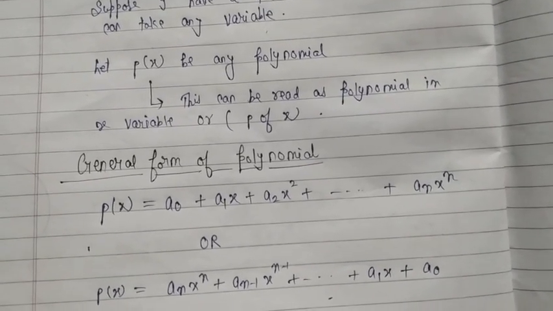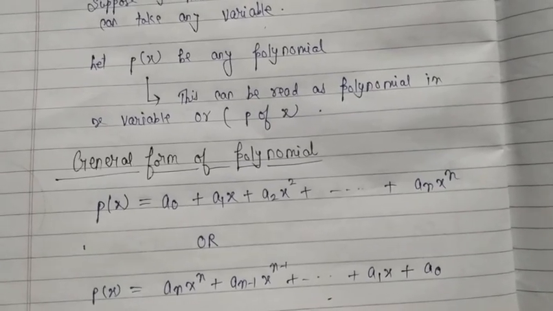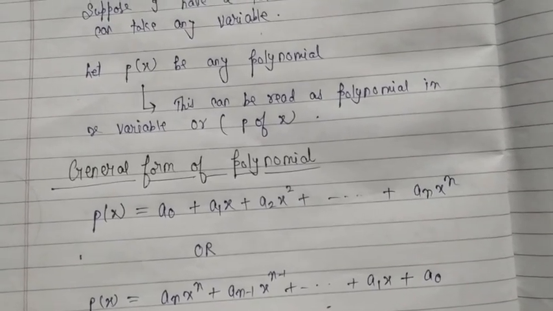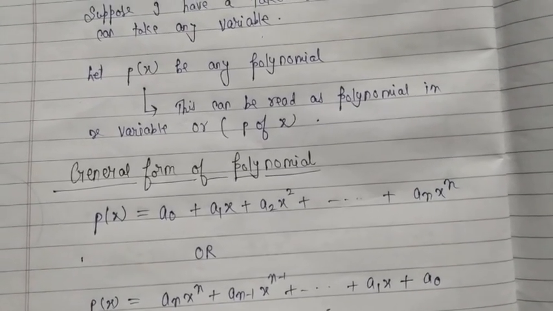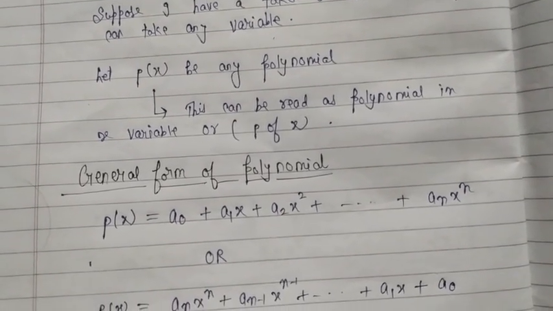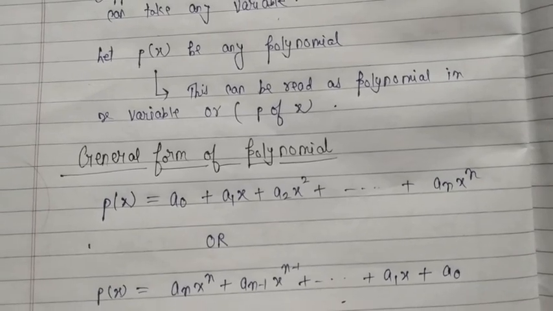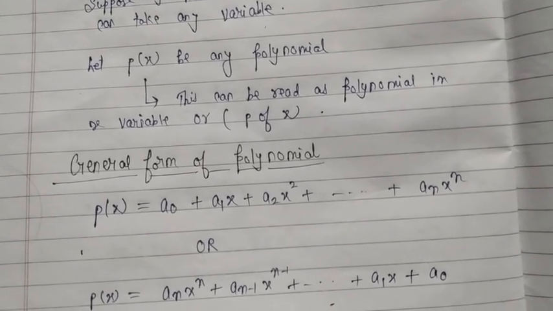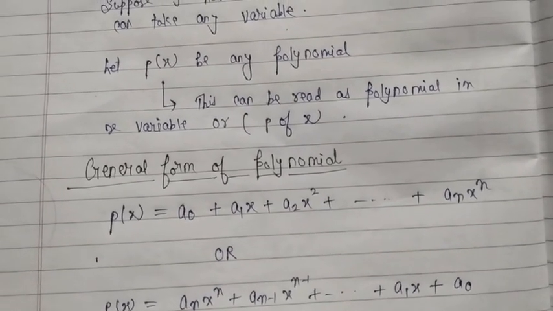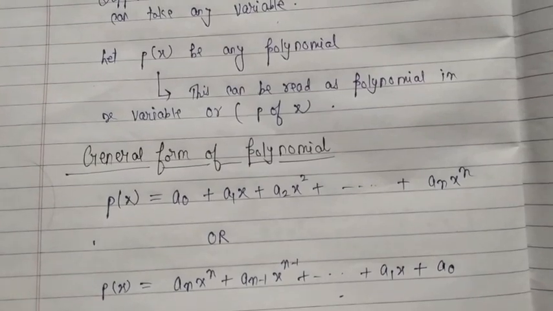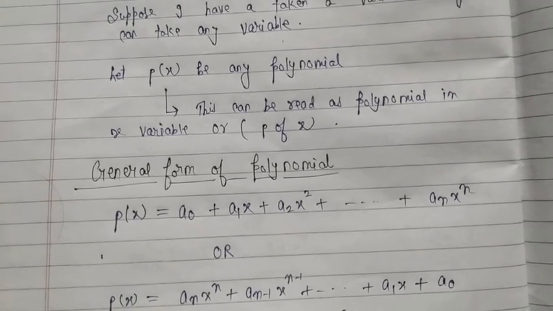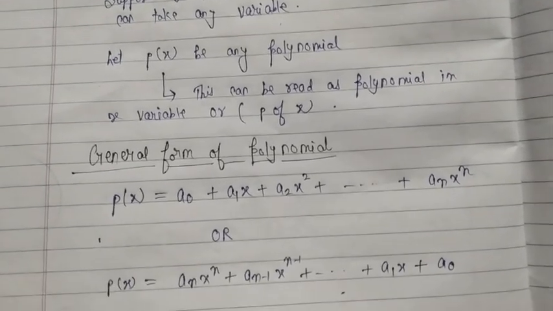Most of the students will think why I have written "or" here. Basically these two are the same, just in the matter of their order. In the above case I have written the polynomial in the ascending power of the variable, and in the below one I have written the polynomial in the descending power of the variable, but both are the same. So we can say a polynomial does not depend on the order of power of the variable, it just has to contain only non-negative integral power of the variable.